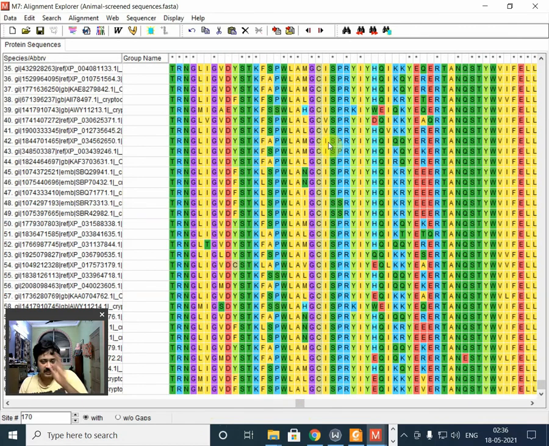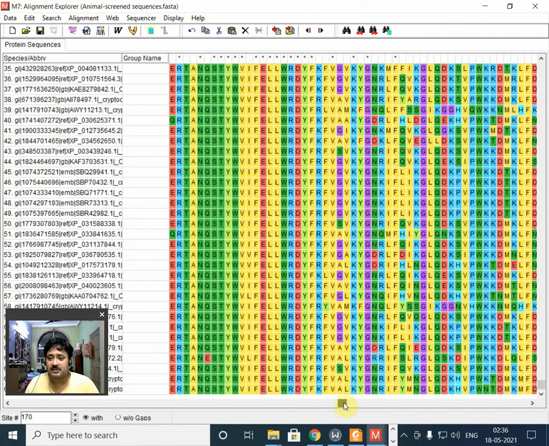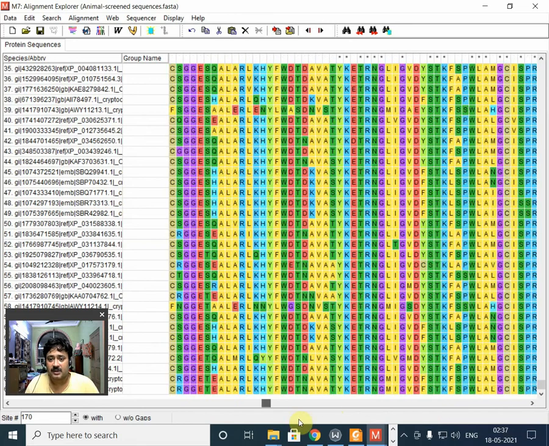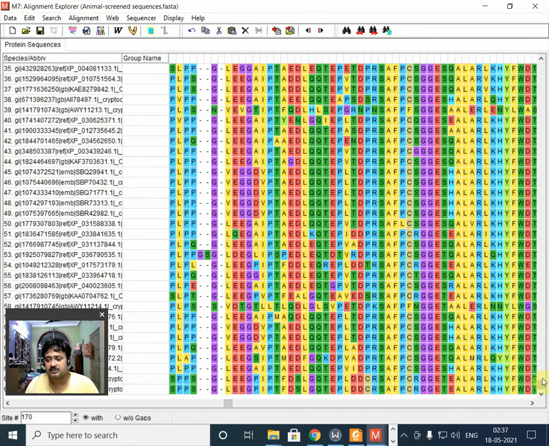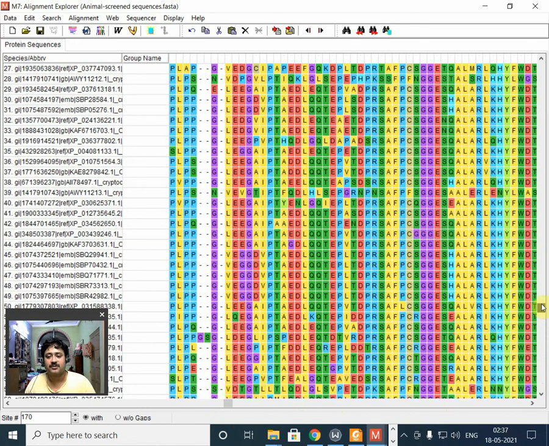So now if there are some regions which are more prone to this, you must have studied in many of the things that inside our genome or inside the whole DNA sequence, there are some regions which are more prone to mutation, and some areas are relatively less prone to mutation. So as you can see, these are the areas where very little mutation has taken place, right? But if I go back here, quite a bit of mutation has taken place here. So this actually is the basis of genetic diversity.